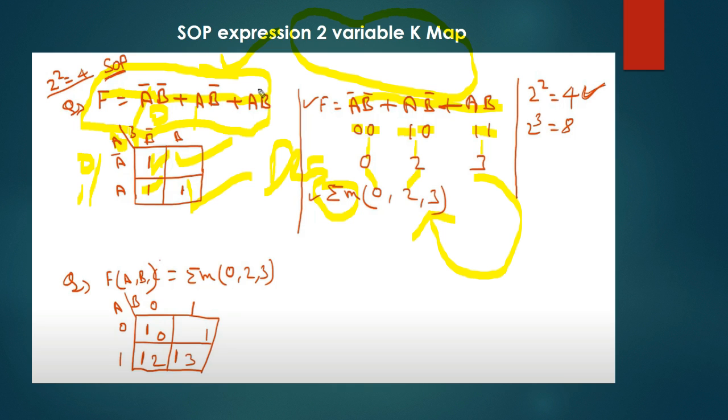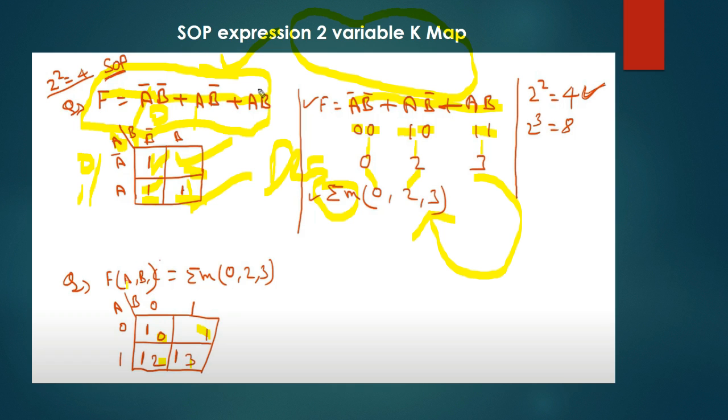So what about this cell value? This cell holds a value of 0, 0, or 0, whatever you call it. This cell holds a value of 0, 1, or 1 only. This cell holds a value of 1, 0, or you can say 2. This cell holds a value of 1, 1, or 3. So this is the binary representation of the cells. Decimal representation of the cell numbers are given in this table. 0, then 1, then we have this 2, then we have this 3.